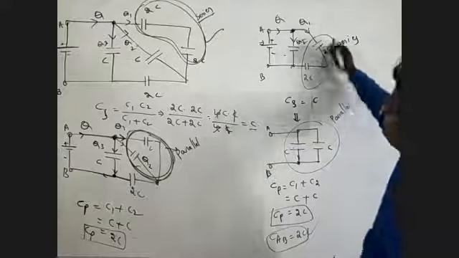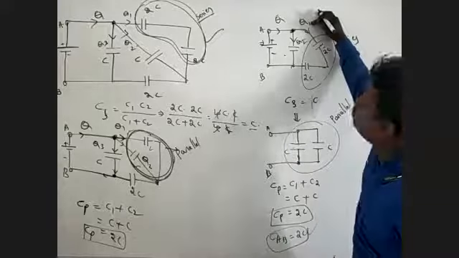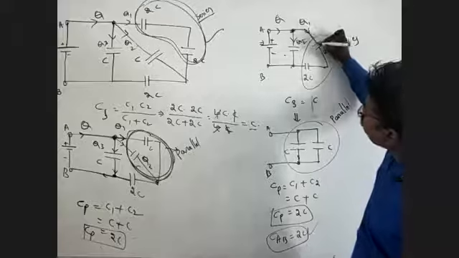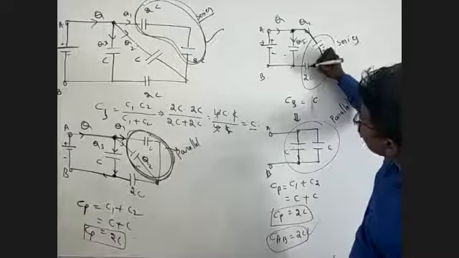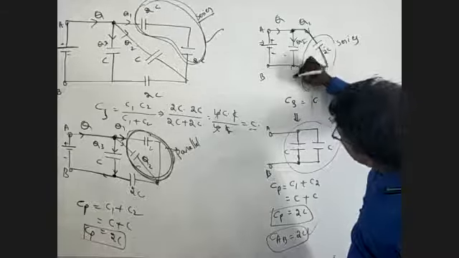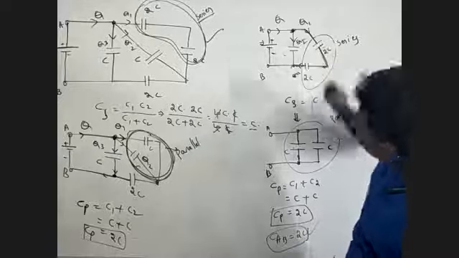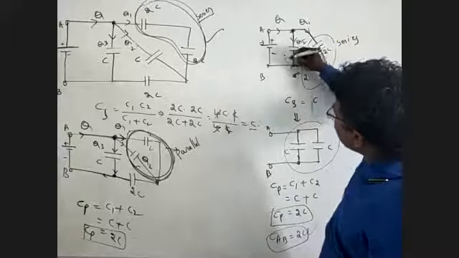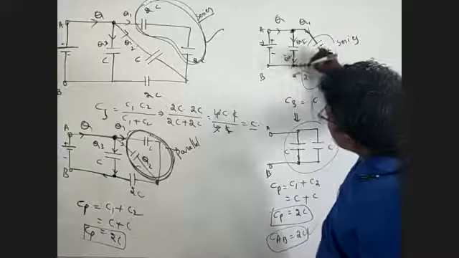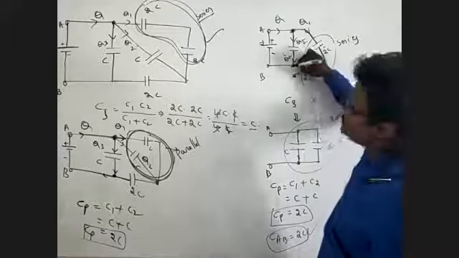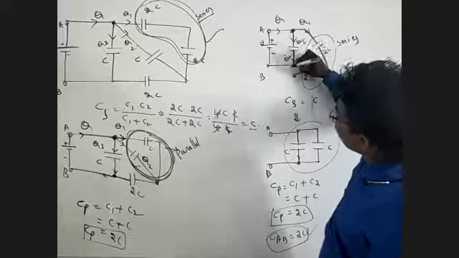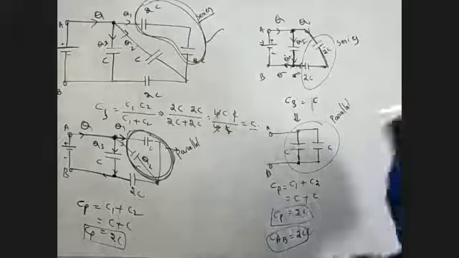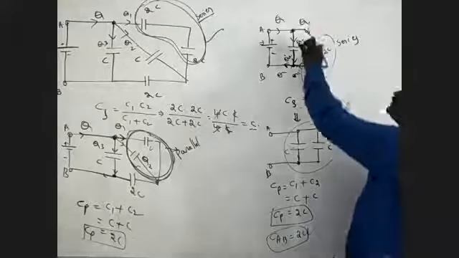What is the meaning of this? It means Q1 flows through this capacitor and this capacitor. Q1 is flowing through this capacitor and Q1 is flowing through this capacitor. Again, Q1 is entering at this point, and Q2 flows through this capacitor and enters at this point. Q1 and Q2 meet at the junction point. Two are coming out of Q and entering this point. Q1 is the same for these two capacitors.